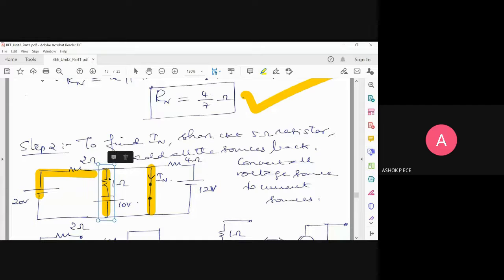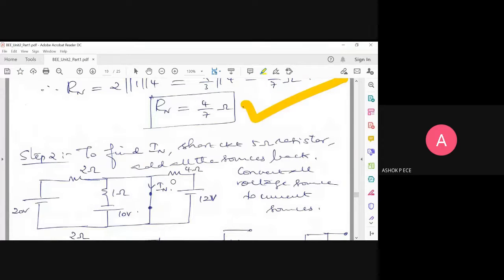I want everything as a current source. So I'm going to transform all these three branches into current sources to make my problem simple. Yes, I again say you can do it using KVL, KCL, any method, but the simplest method would be transforming the voltage source into a current source. If you don't have a proper arrangement like voltage source in series with resistance, that transformation is not possible. But since in all three branches you have a voltage source in series with resistance, I can transform all these voltage sources into current sources. So I'm going to do that only.